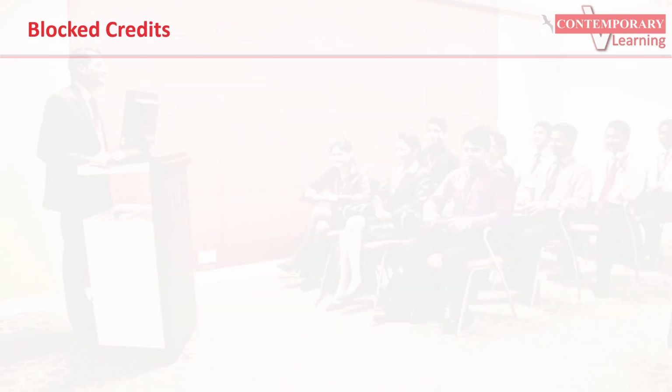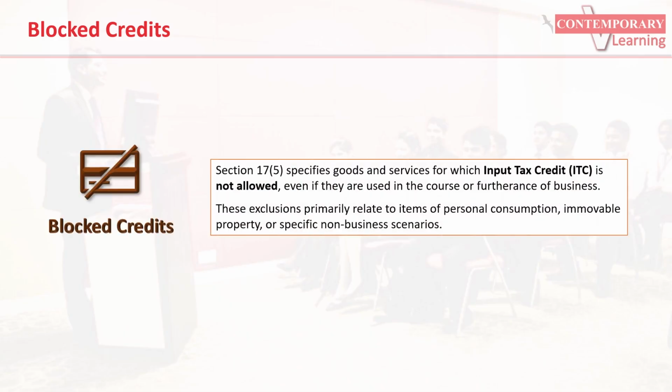Now let's move to a very important concept: blocked credits. Even if you're using goods and services in the course of furtherance of your business, the GST law specifically blocks ITC on certain items. Section 17(5) of the CGST Act provides a comprehensive list of goods and services for which input tax credit is not allowed, regardless of their business use. The philosophy behind these blocked credits is interesting. They primarily relate to items of personal consumption, immovable property, or specific scenarios that the government doesn't want to incentivize